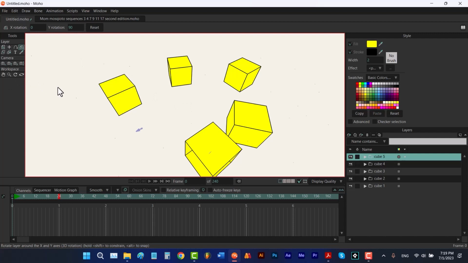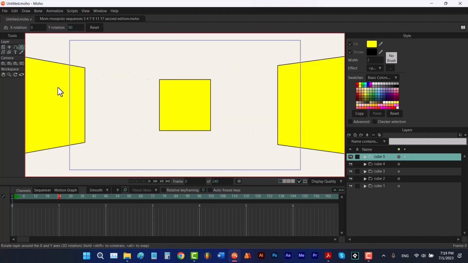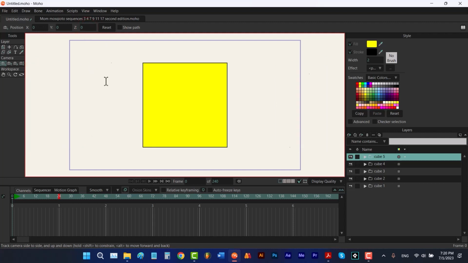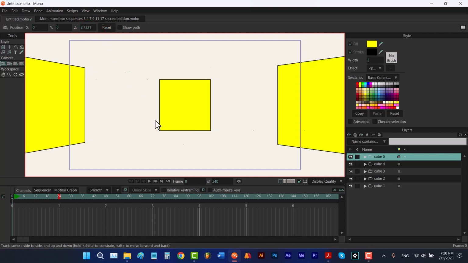And now I'm going to press the home key on the keyboard to reset my view. Using this tool, you can change the position of your camera. When we say the position of the camera, it means that we're actually moving the camera and not zooming. Also, you should know that the default value of the Z-axis is not 0. So if we type, for example, 0 here and click on reset, it will go back to this value again. Therefore, for example, you can move your camera